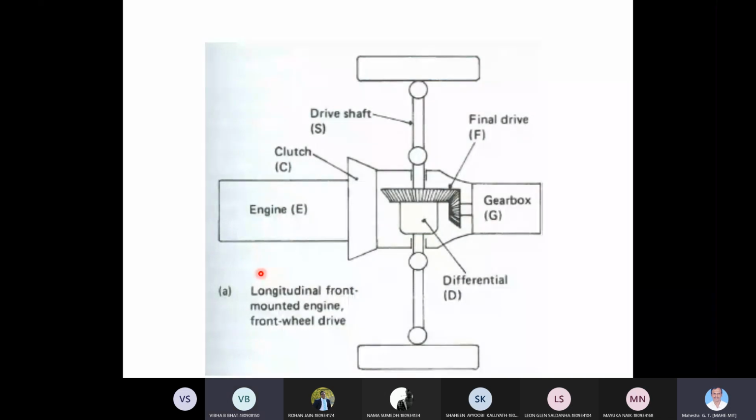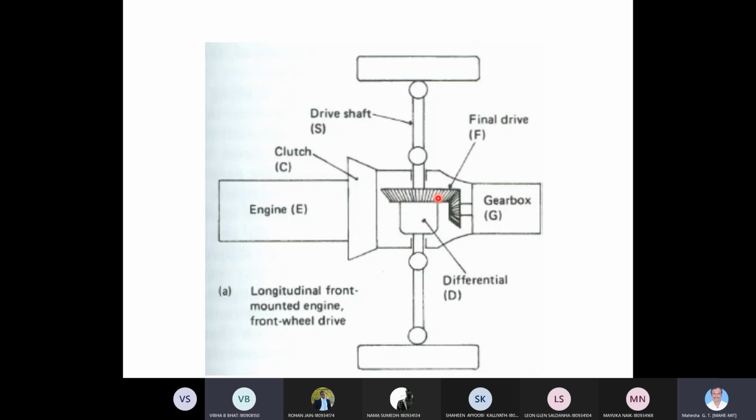With this layout you should be able to explain or illustrate the second case, the second layout, that is the longitudinally located front engine. The engine is located at the front of the chassis, transmitting drive to the clutch, maybe a disc clutch or plate clutch, and then to the gearbox. Here the gearbox output is driving the bevel pinion, which is in mesh with the large bevel gear, so that there is a change in direction by 90 degrees taking place here.